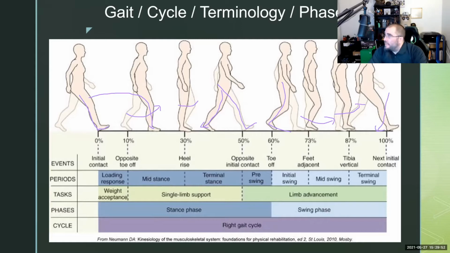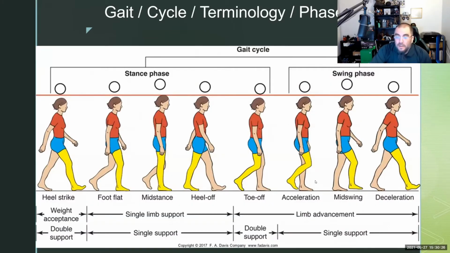If you can draw this, even if you don't get the terms, it can help you answer most of your gait questions. Because it's pretty easy to understand that initial contact is when the foot first touches the ground, right? And when you are foot flat, it's when your foot is, well, flat on the ground, right? If you're in a terminal stance, your foot's getting ready to lift up, right? So this is kind of looking through it as you go through the leg. This is breaking it down, looking at one side for stance phase and then looking at the same side for swing phase.